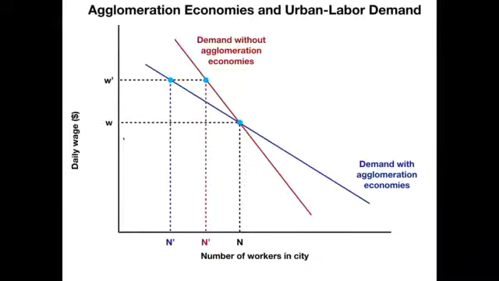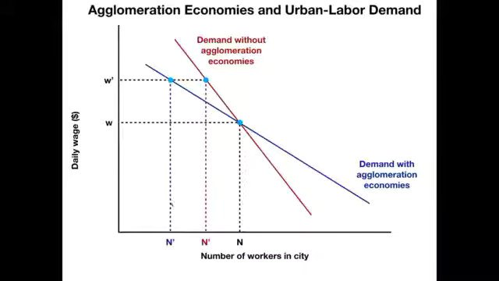So when the wage rate increases from W to W prime here, we have a dramatic decrease in the number of workers demanded, because as the number of workers shrinks, we're losing the benefits of those agglomeration economies. The shrinking of the number of workers is also causing productivity declines. So that means fewer and fewer workers are going to be hired because we're losing those